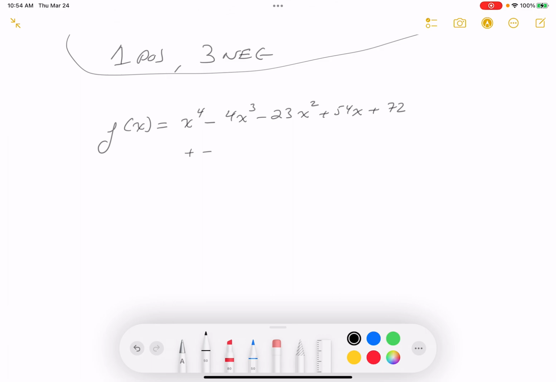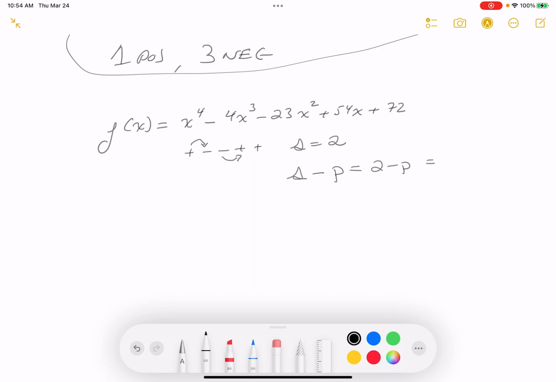Plus, minus, minus, plus, plus. All right, let's think about that. We're looking for the number of sign changes. And how many sign changes again? We get 1 here, and we get 1 here. So S equals 2. What do I write down? S minus P. Well, S is 2, minus P equals something. And what does it equal? A non-negative